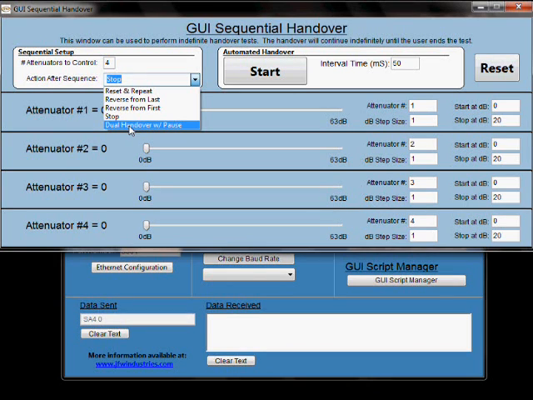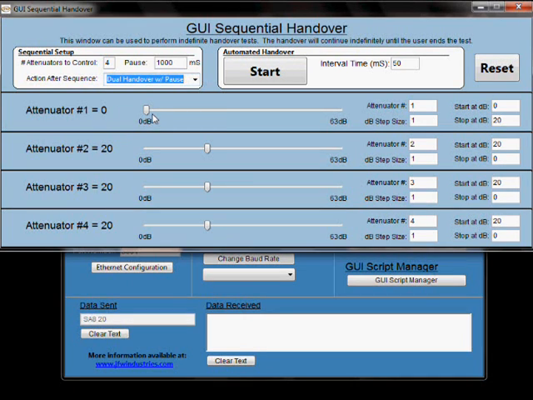And finally, we have the dual handover with pause. With this, what this does is it's going to do 2 attenuators at a time, sequentially. So in this case, attenuators 1 and 2 will be activated. Then after they reach their limit, attenuators 2 and 3 will be activated, and then 3 and 4, and then finally 4 and 1. And at the end of that sequence, after attenuators 4 and 1 have reached their stopping dB value,